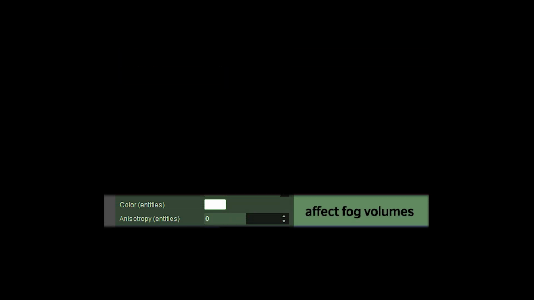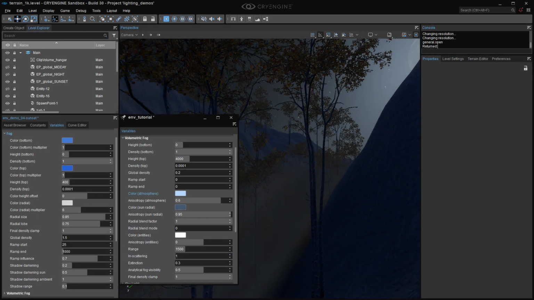These 2 variables, which are labeled entities, only affect local fog volumes if you have any in your level. And then these last 5 affect both global and local fog. They're like the master controls for all fog of all types, forever and ever. Now, if you've looked at the old fog effect or watched the first tutorial in the series, a lot of